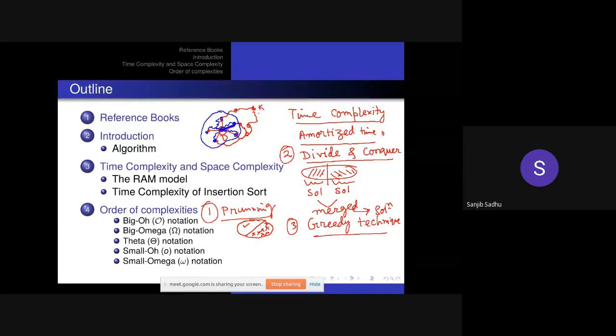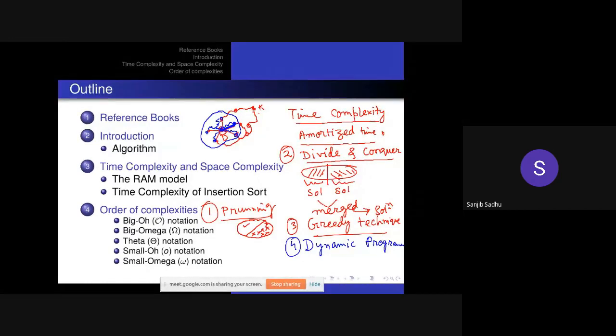Next, another technique is dynamic programming. What happens in dynamic programming is that sometimes, if you solve a problem using divide and conquer or the greedy technique, it may take a huge amount of time. It may happen that to solve a large problem,